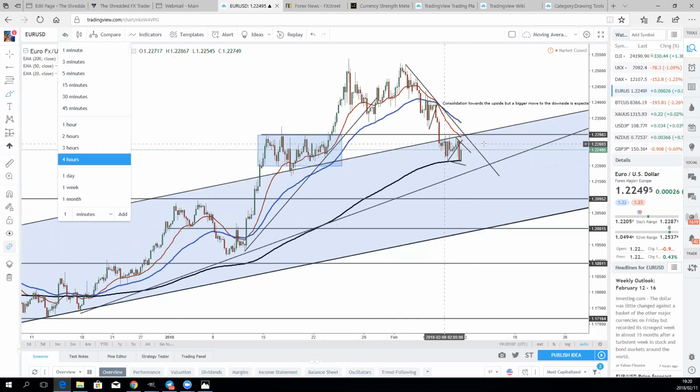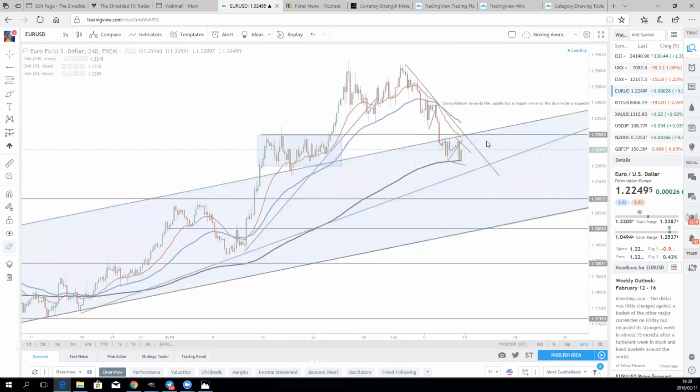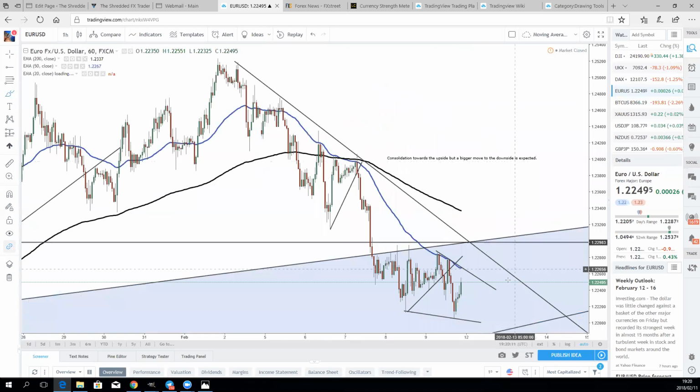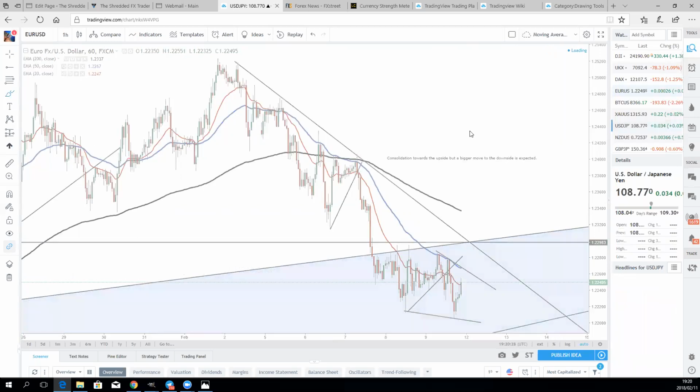If we go to the 1 hour time frame, and we do get a break above this resistance here, then we would look to go long. However, we are looking for signals to go short around either this area here or this area over here. All right, so we move on to